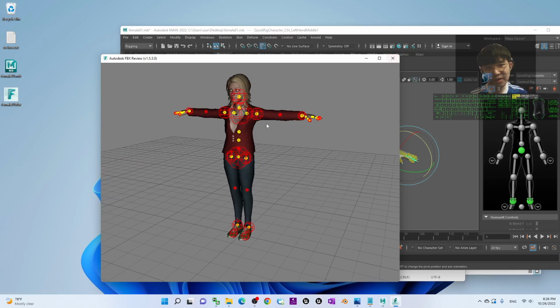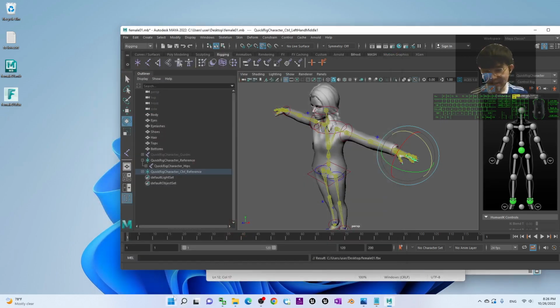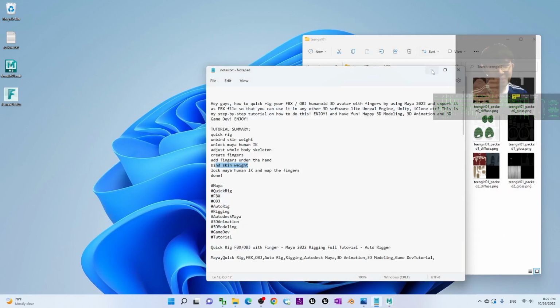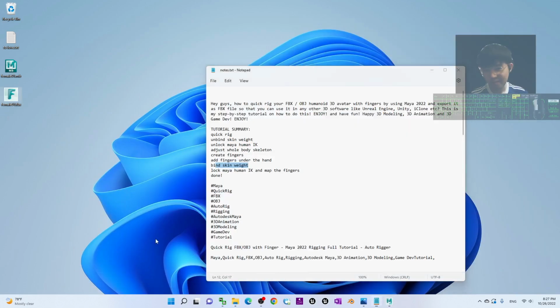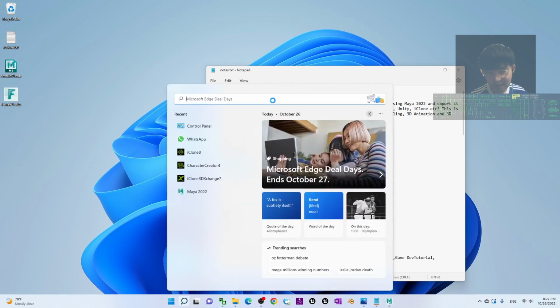So what if you want to use it in third-party software? I'm going to test it in, for example, maybe iClone 3DXchange 7 or Character Creator 4. Right, I will test it. Let's say the iClone 3DXchange 7.